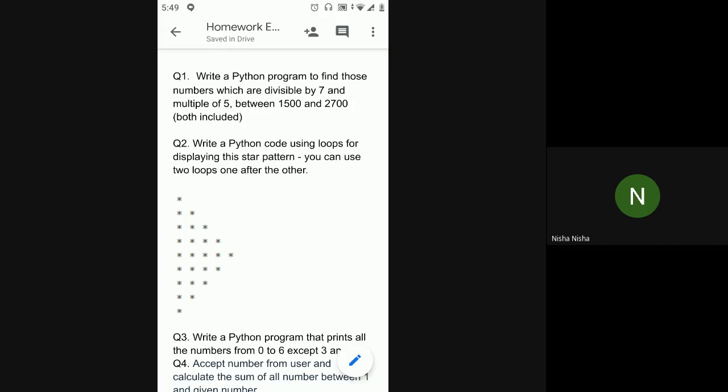So what you have to do is, for every number from 1500 to 2700, check whether each of these numbers is divisible by both 7 and 5. You have to check both mod 7 and mod 5.